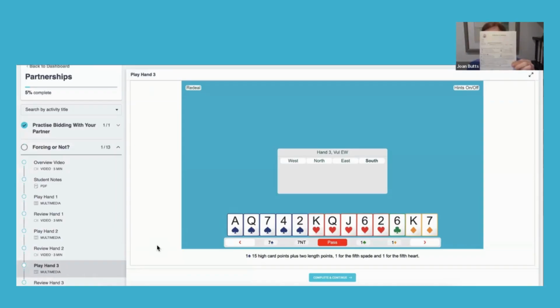It looks like this, and you open it up and you can see all the different parts of what you and your partner play, what conventions you understand. And these are meant for having at the bridge table, sitting next to you, not for you to look at, but in case the opponents, if you're playing in a competition,